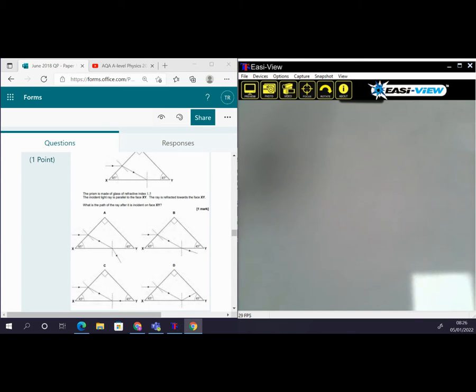This question has quite a bit to do with geometry, critical angle, and working out angles of refraction. So we're not actually told what the angle of incidence is, but we can work out the angle of incidence because it tells us that the ray of light is parallel to the surface XY. And we're going to need to know the critical angle, and we're going to need to know the angle of